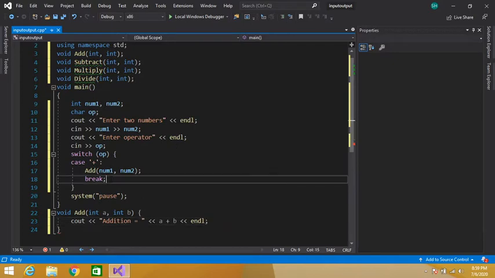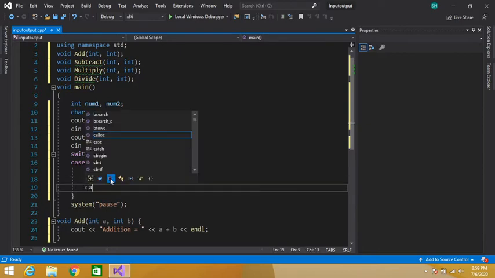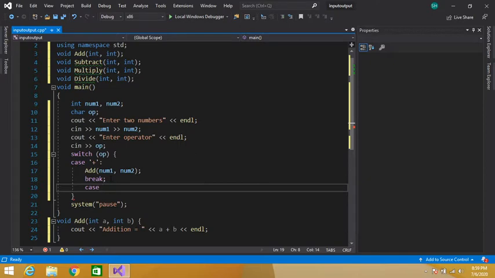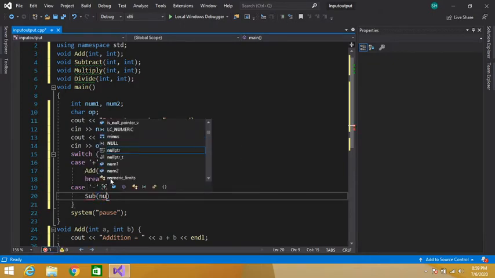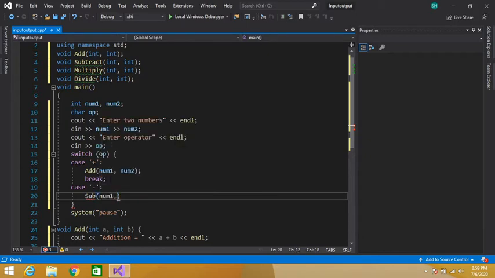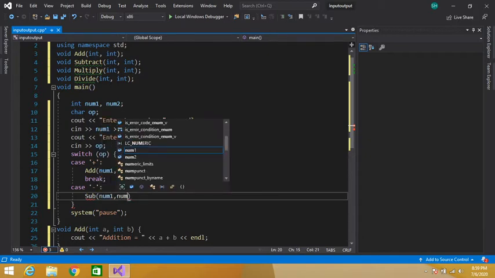Next, we have to write the other case for subtraction. We call our subtract function, sub num1 comma num2.